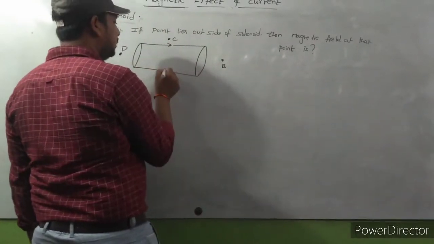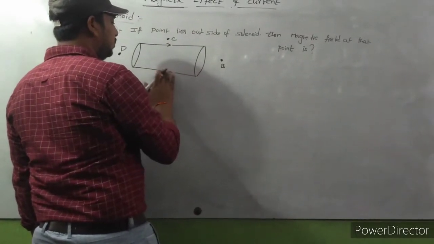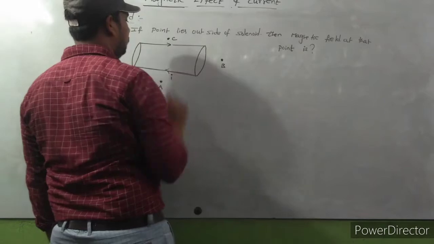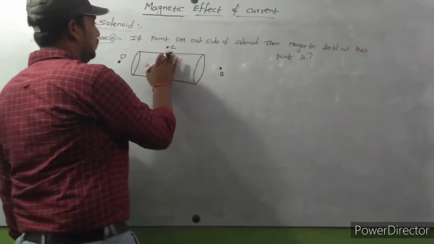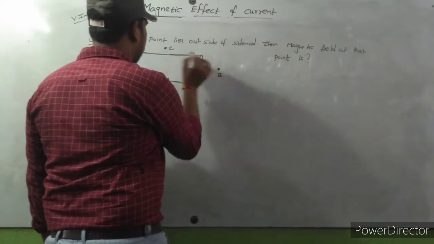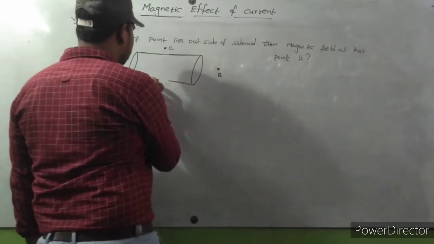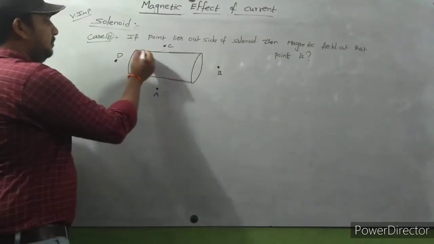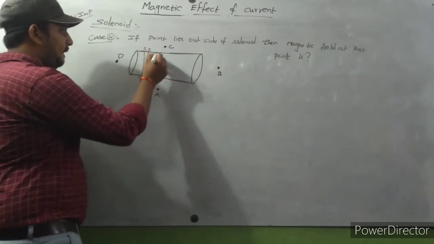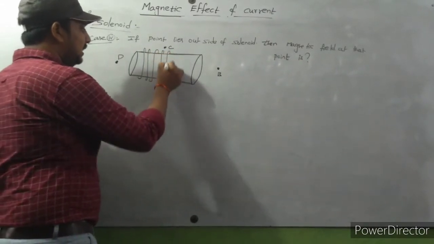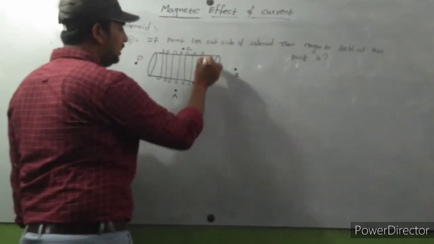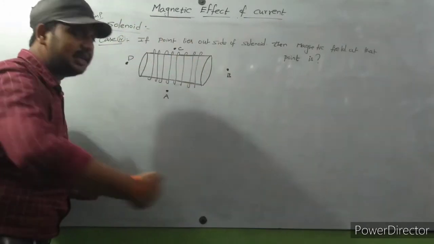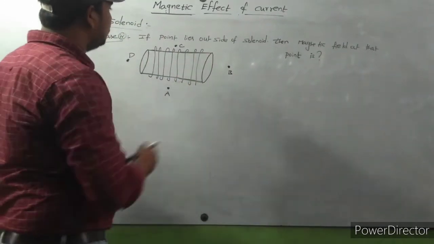So some current is passing through this solenoid. This is the current I. So observe carefully. Some current is passing. Generally, here current forms like this. This is like a cylindrical solenoid. If we are winding copper wire, this is the insulating material I consider. This is the winding copper wire. That means current moves in a circular path. Am I right? Here current moves in a circular path.